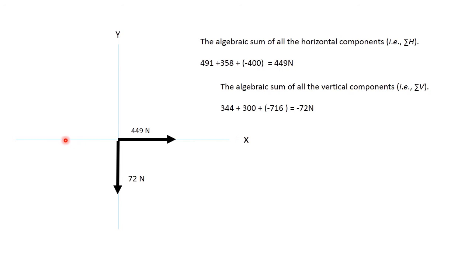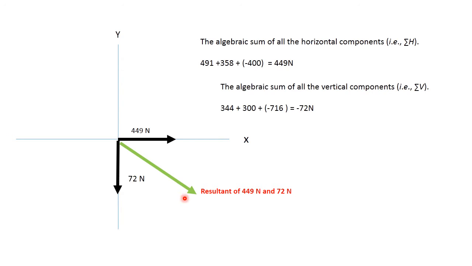So again what we will do is just combine the horizontal forces and combine the vertical forces. So I will get a net horizontal force and a net vertical force. Now if I think that I have only two forces, one is 449 Newton, another is 72 Newton, definitely the resultant will act in which quadrant? The resultant will act in this fourth quadrant. So in this manner the resultant will act. This is the resultant of this 449 and 72 Newton.